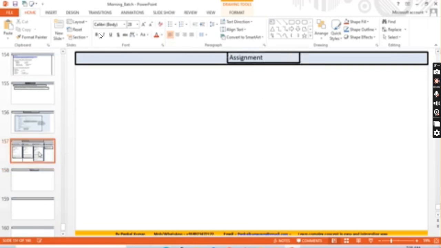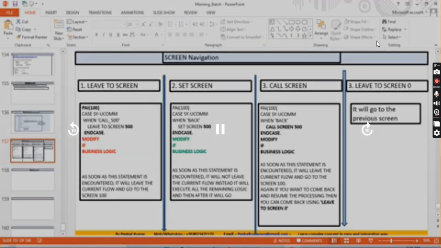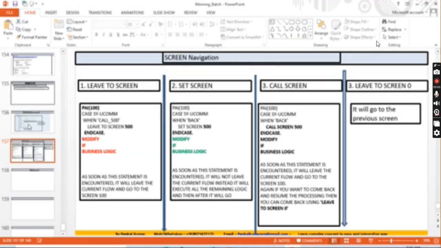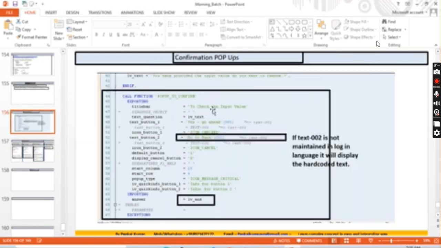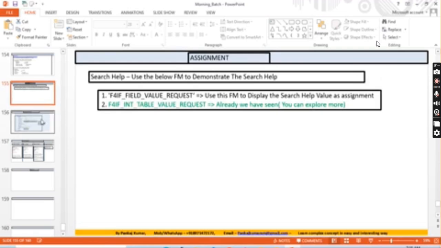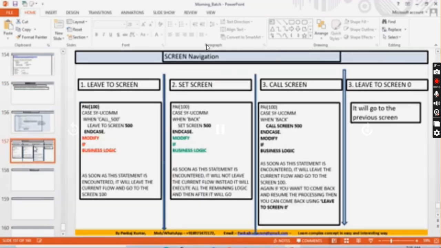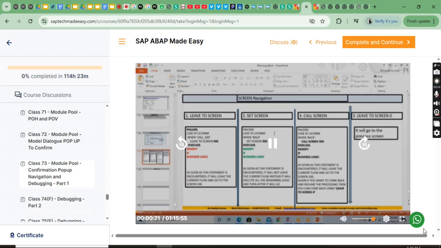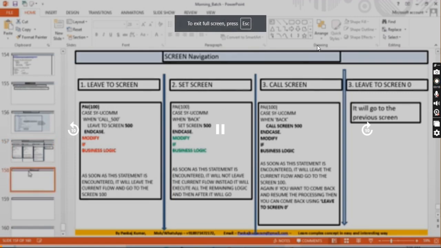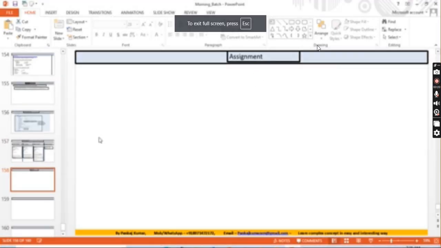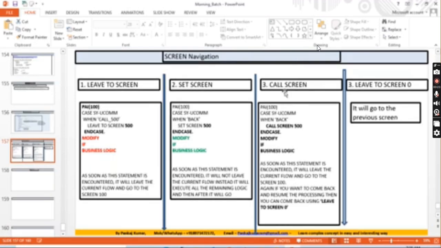So in our last class, we have seen in detail about this confirmation pop-up, right? And then we have seen about this screen navigation, right? And I have given you some assignment based upon this screen navigation.